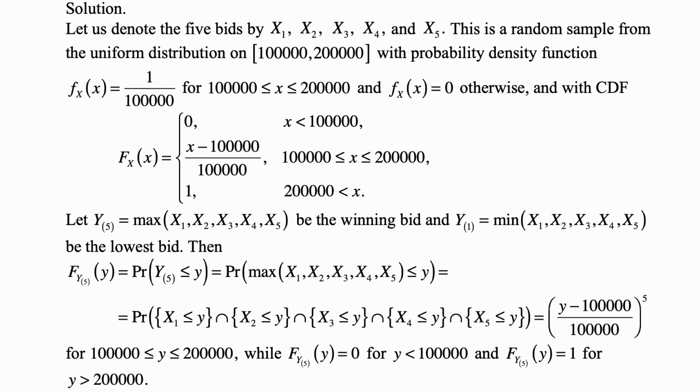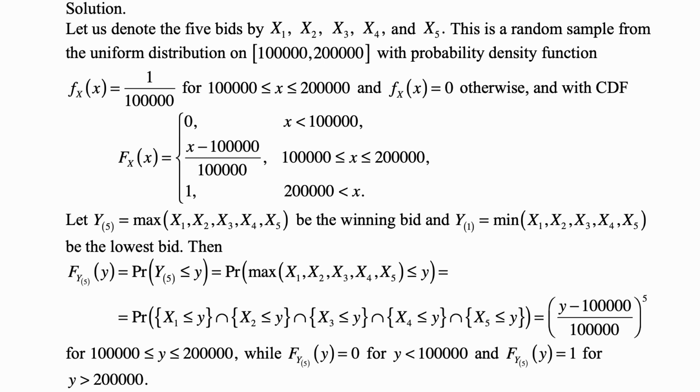Right now we just see that the maximum being less than or equal to y means every single one of them has to be less than or equal to y. Those two statements are equivalent. And then every single one of them being less than or equal to y is the property of intersection of these 5 events, but the events are independent because these random variables are independent, so every single one of those probabilities,